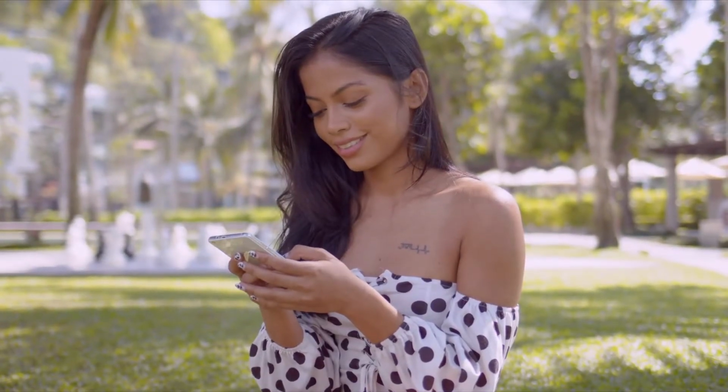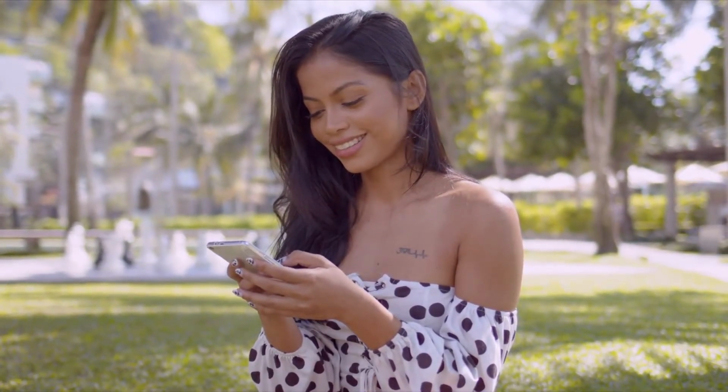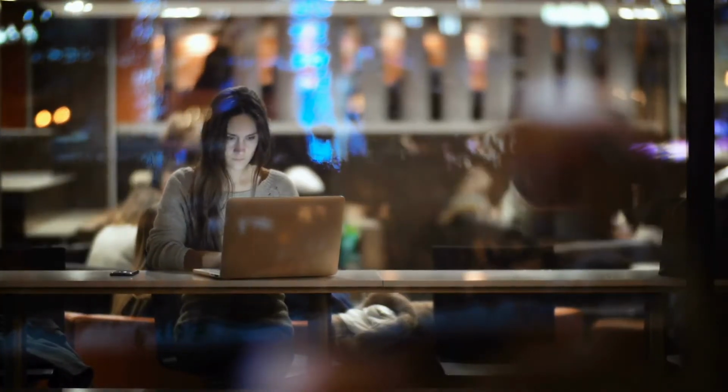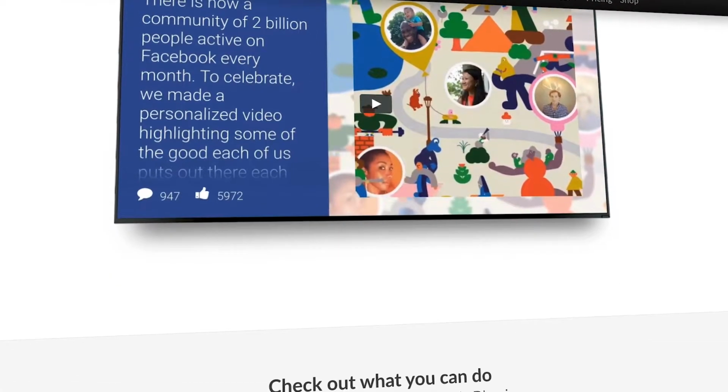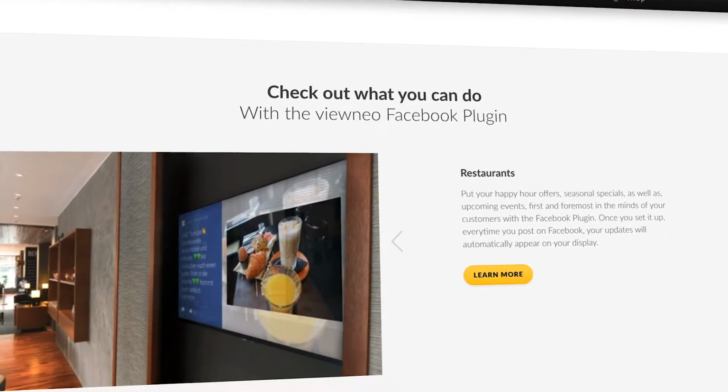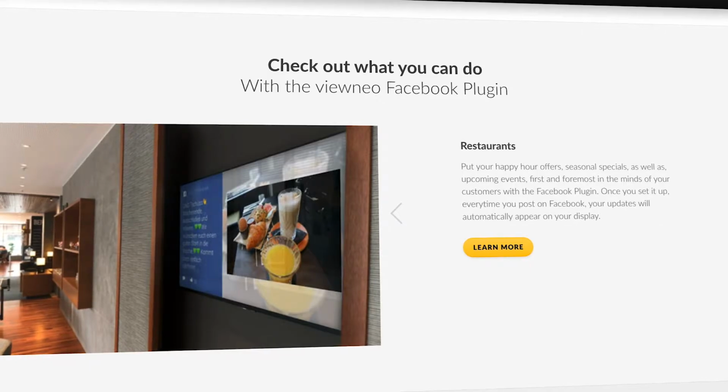Speaking of social media, what can the granddaddy of all social media platforms do for your business? It helps to provide a connection between the customer, the content, and your company. The viewneo Facebook plugin allows you to connect your playlist with Facebook and allow your visitors to be able to